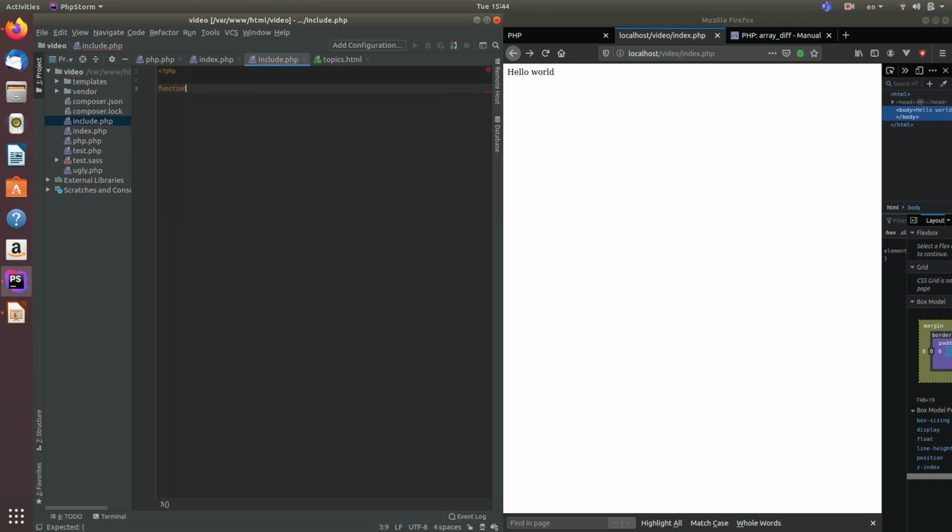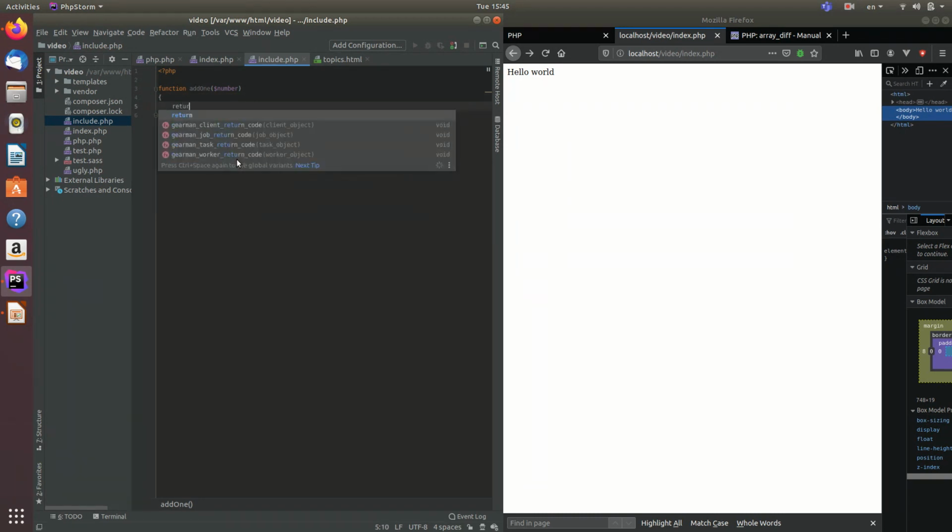The most basic function that we want to do is let's call that add1. Add1, and here we basically have number. Okay, and here we basically say return